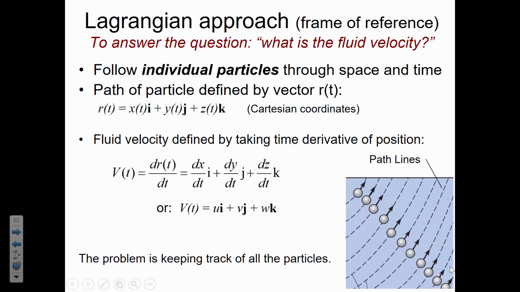Now, the Lagrangian approach is not used a lot simply because in a given system there are a lot of particles, too many particles to keep track of individually. And so what we have to do instead is we have to have representations of particles so that we can kind of aggregate them together, and instead of tracking each one of them and the path of each individual particle,